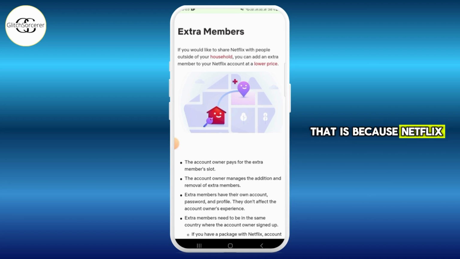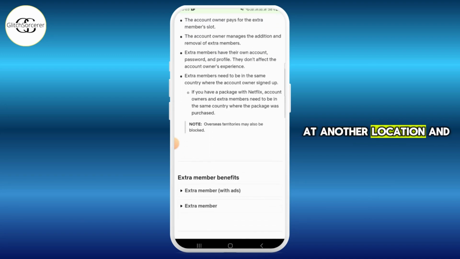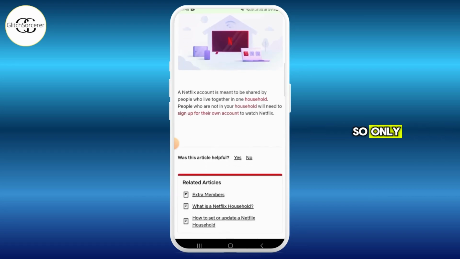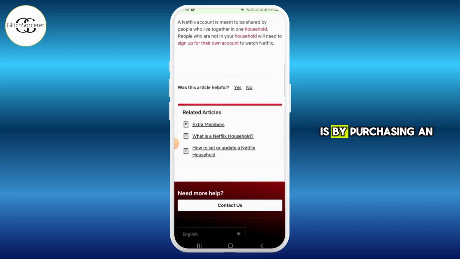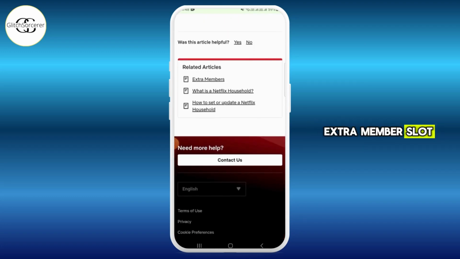That is because Netflix will detect their device at another location and block streaming unless they are added as extra member. So the only legitimate way to share Netflix with a friend who doesn't live with you is by purchasing an extra member slot if your region